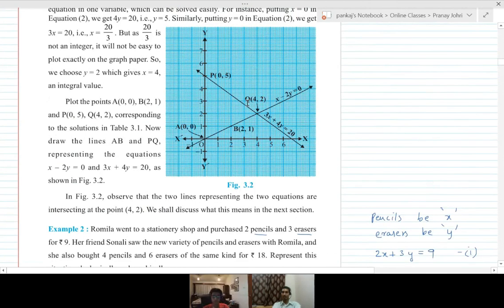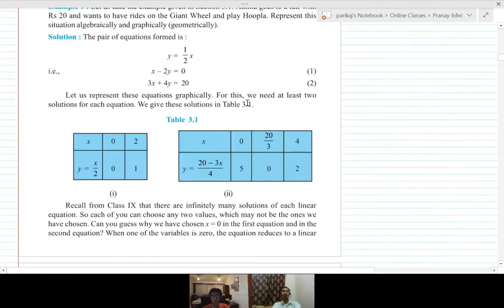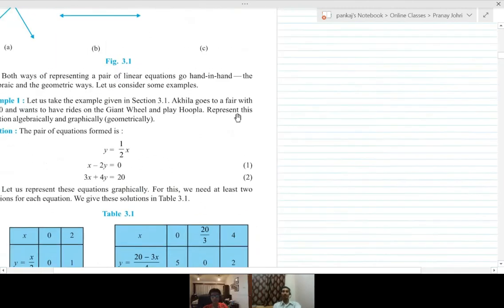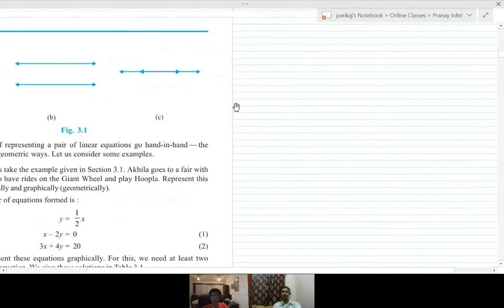Before that, we'll just shortly discuss what case we have now, because this is a linear equation. If we plot the graphs, what kind of shape could we expect? A line. Of course, a line. Now we have two equations. So how many lines would be there? Obviously two. So if you have two lines,